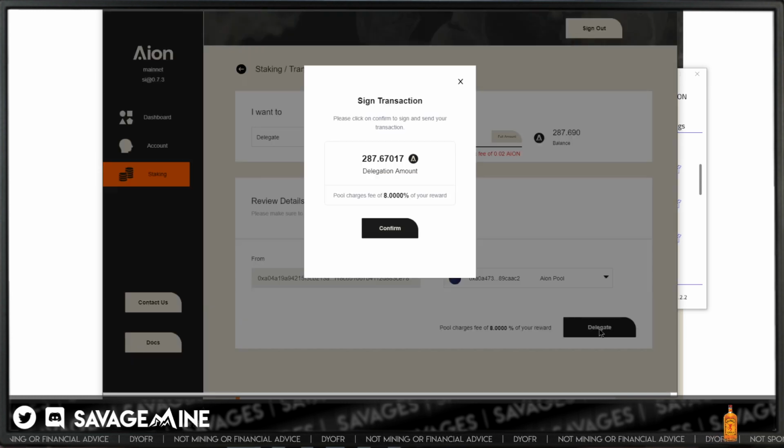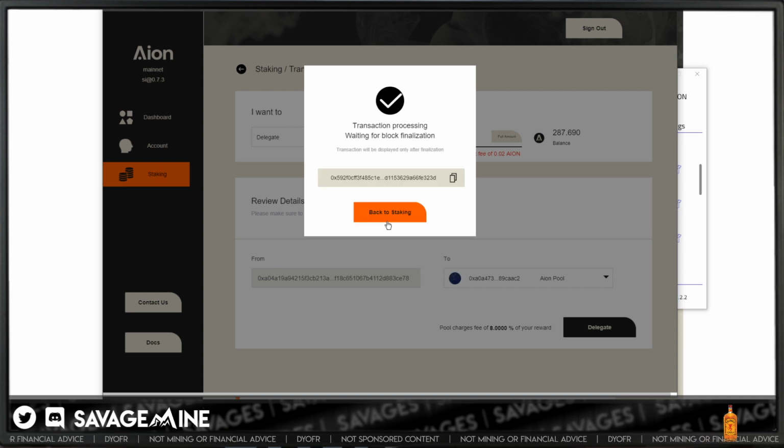So then I'm going to click delegate. A pop up with a little signed transaction thing here, telling you what the fees are, which if you compare that to others. Now this percentage here is only for the reward. You're not giving away 8% of your total here. It's only 8% of whatever you make off of this from staking, right? You're delegating this amount. It's not saying that they're going to take 8% of this. It's 8% of what you earn on this. All right, so confirm that.